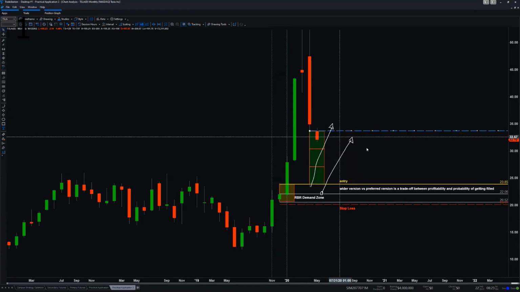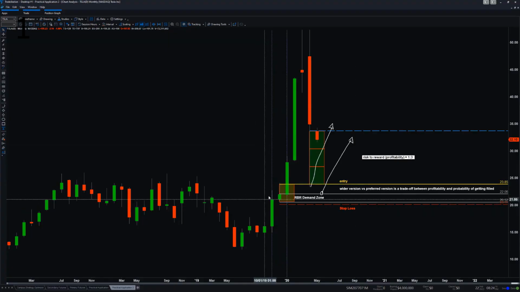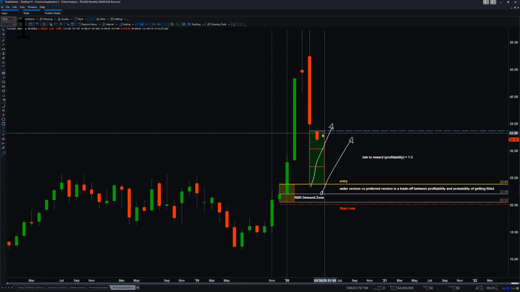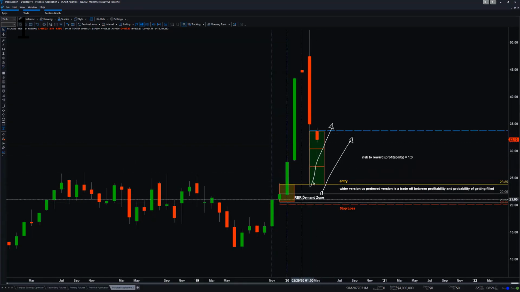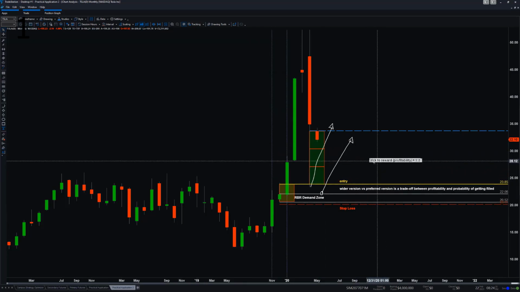So what we have in terms of risk to reward, in terms of profitability, is a 1, 2, 3. We have one box as a risk, and we have three boxes, collect three boxes of the same size of reward. So in this case, with the wider version,